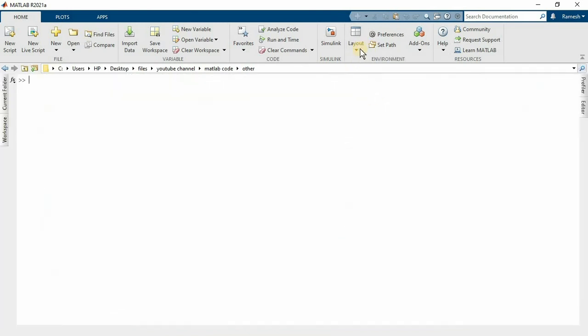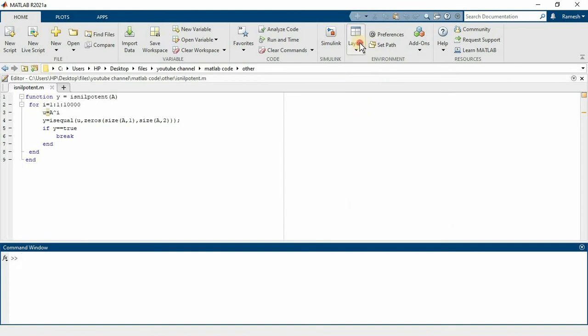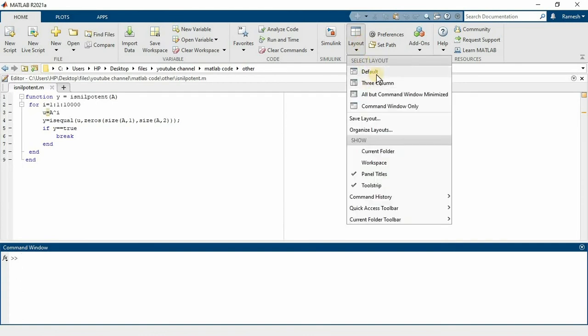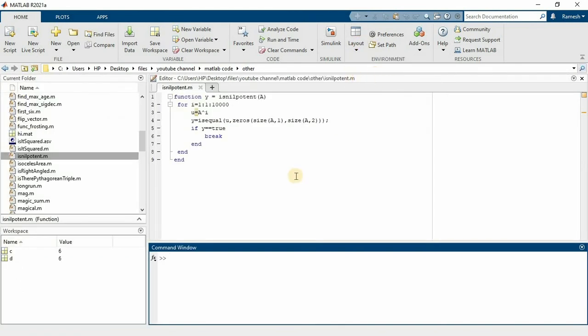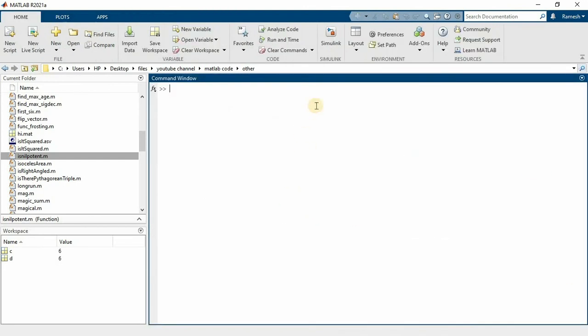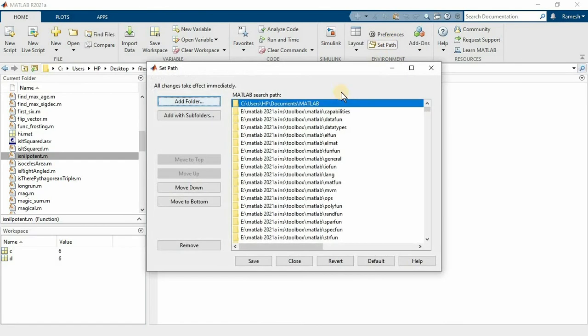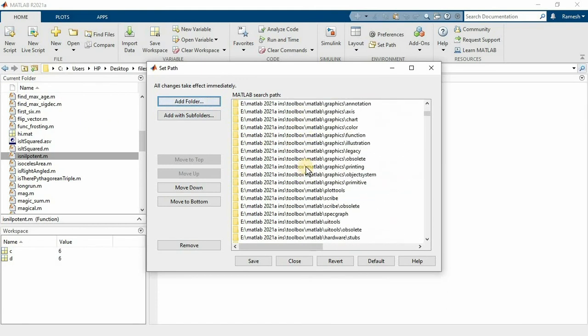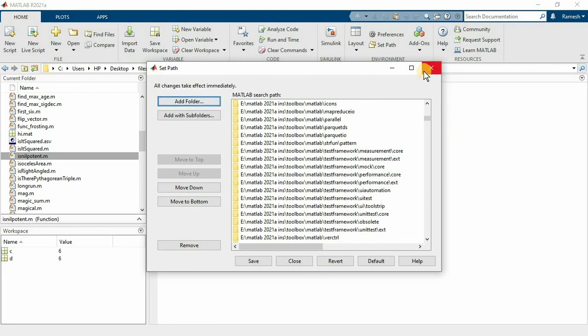Now again something different and something more different, but I love to work with the normal default window, so it is better for me. Save as per your requirement. Preferences and Set Path are basically for setting paths in your working directory. All those paths are used by your MATLAB. I don't think it is useful now.